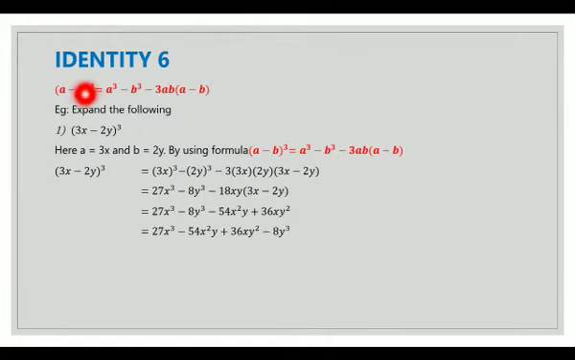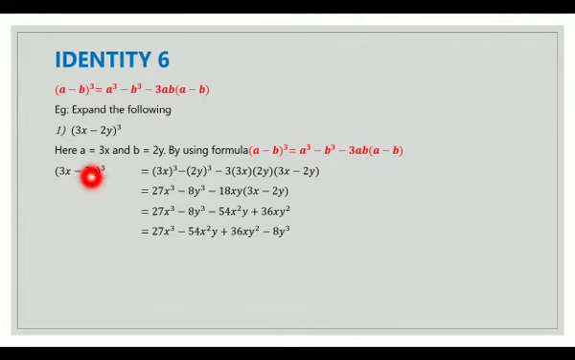Identity 6. (a − b)³ = a³ − b³ − 3ab(a − b). Now using this identity, we are going to solve a sum. Expand the following: (3x − 2y)³. We are going to equate it with the formula (a − b)³. Here a equals 3x and b equals 2y. By using the formula (a − b)³ = a³ − b³ − 3ab in the bracket (a − b),